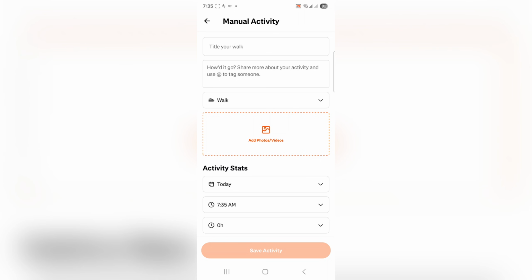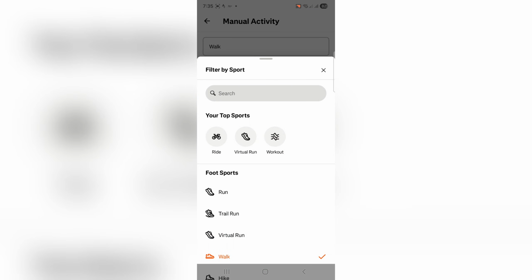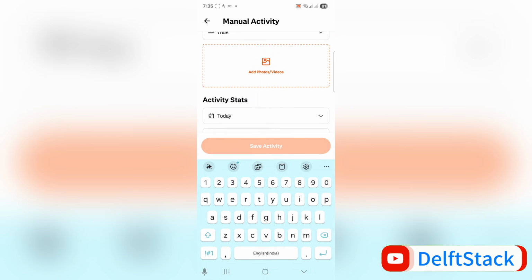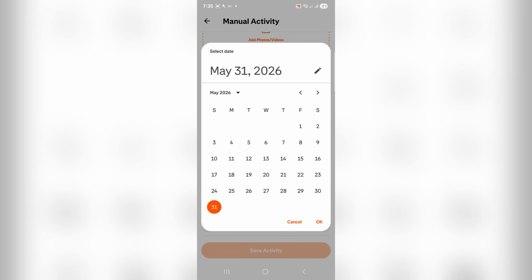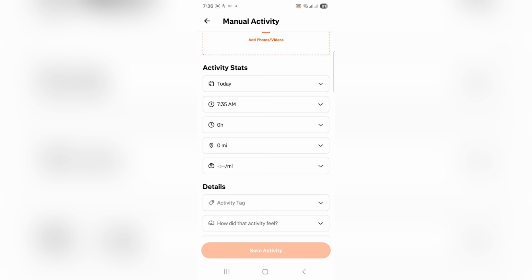Now you can just go ahead and title your activities. So let's say I went for a short walk. So I just type walk and set the type or filter or your sport to walk. And now you can also add photos and videos, and you will see activity stats, and you can set your date here. And then once that you have done that, you can select your time, and you can also choose